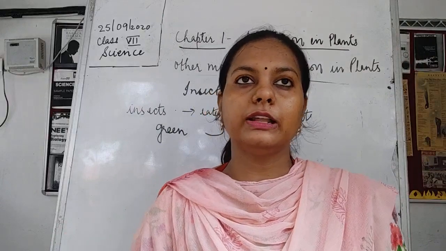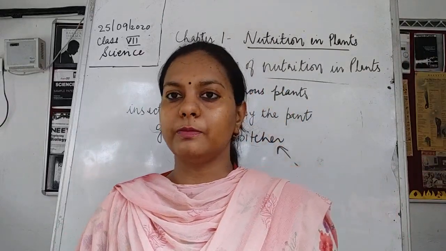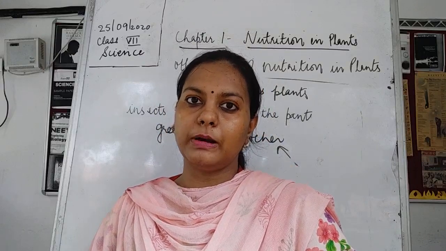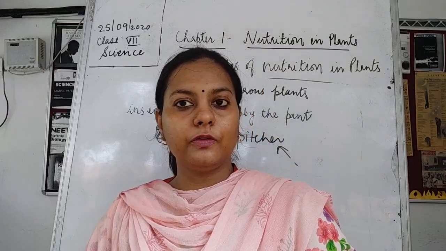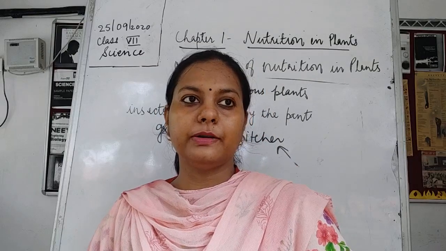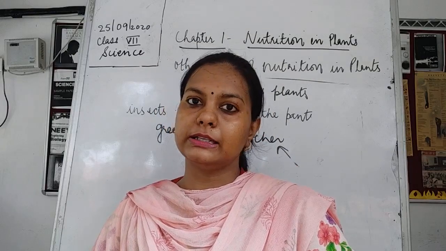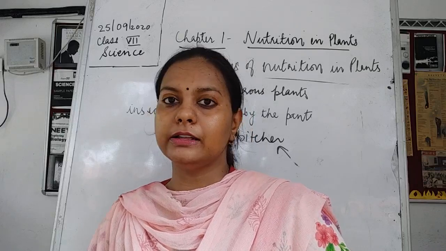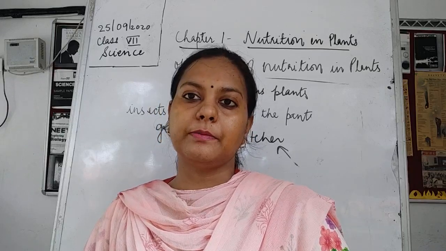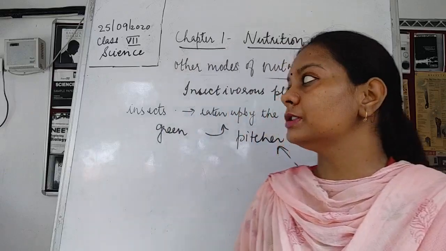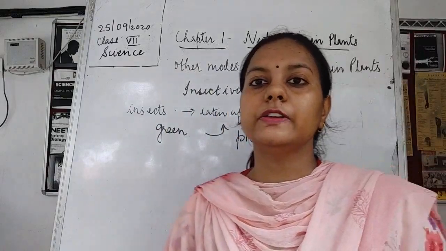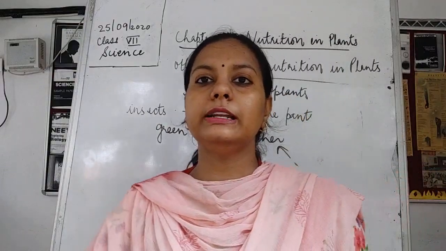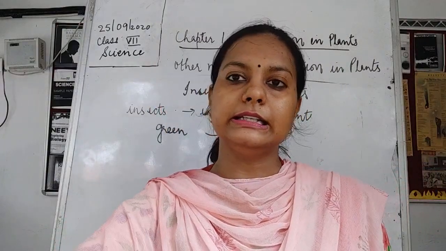So that's all for today's video. I have discussed a few modes of the heterotrophic mode of nutrition, in which we saw the parasitic mode of nutrition, where there is one host and one parasite. This parasite is going to eat up the food of the host. Okay, so they are stealing the food. Cuscuta is one such example. The next mode of nutrition is the insectivorous plants, which eat insects. And why they eat insects, I'll tell you in detail in the next class.